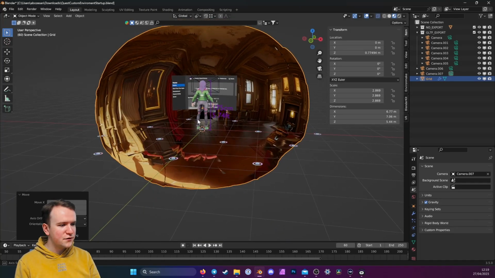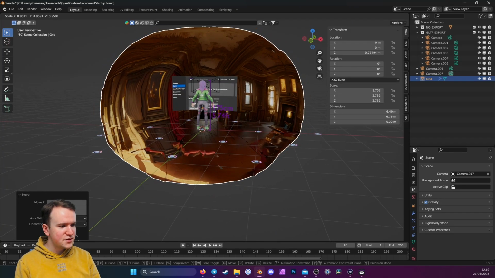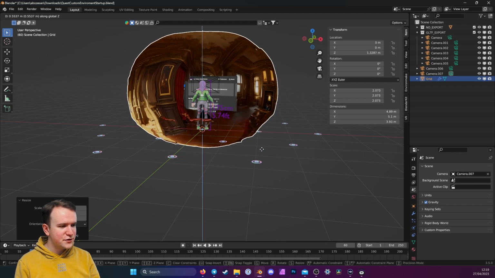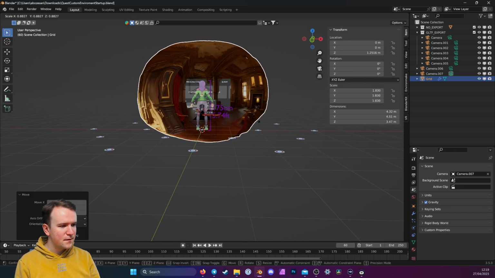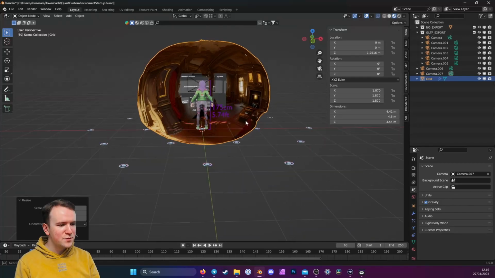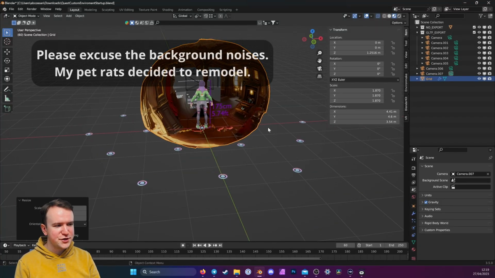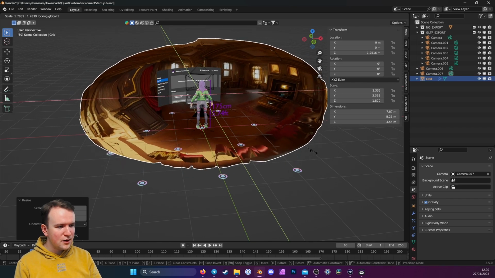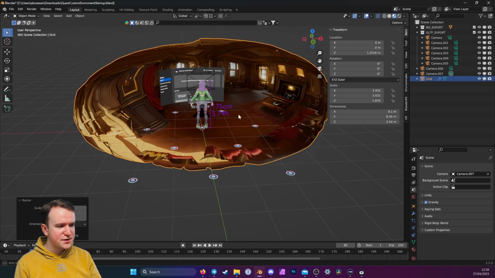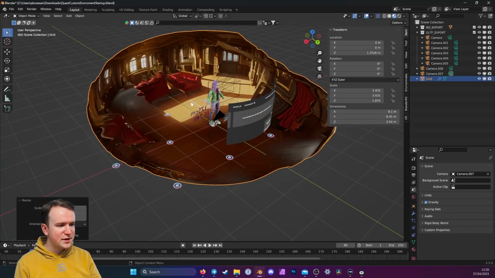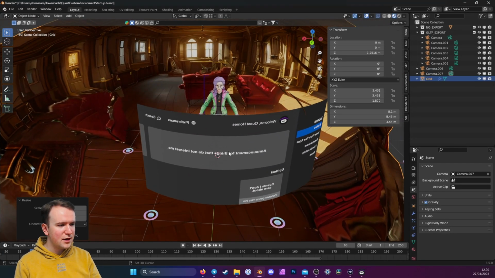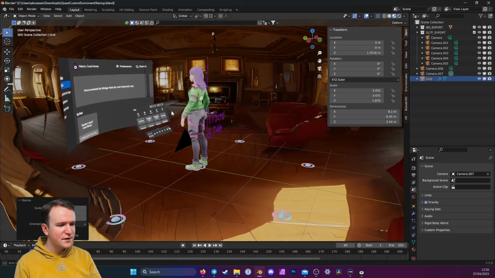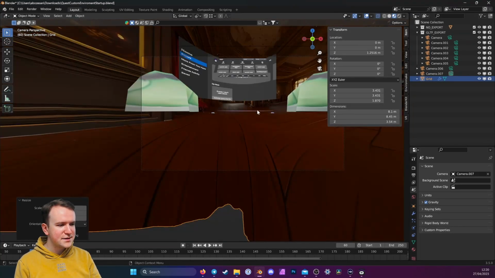We can compare her to the painting here, for example. So the painting should be around eye height if she's standing on the floor. So that's about correct. And now the room is a little small, of course, so we're going to want to change the scale a little bit without actually distorting the height. So to do that, we hit S, Shift, Z, and now we can change it like this, of course making sure to not distort it too much. But you'll see because we scaled it like this, from our character's perspective, everything should look correct still.